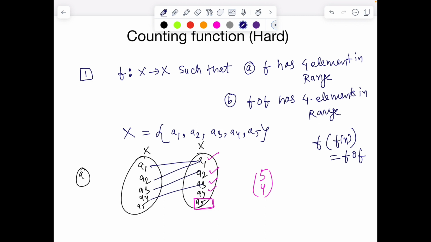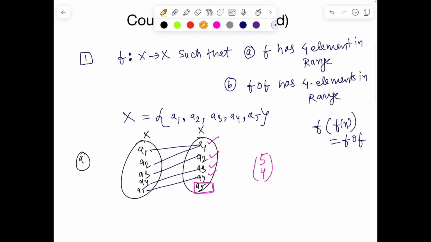So it might happen like a1 is going to a1, a2 is going to a1, a3 to a2, a4 to a3, and a5 to a4. There can be many mappings, but it has to be an exhaustive mapping. So all these 4 elements must be exhausted. Now how to go about it? Of course you can use the principle of inclusion exclusion, which was discussed in part 1 of the lecture, to find this, but there is a smart way as well for this particular case. We can clearly see a1, a2 is going to a1 and the remaining is going to one element each. So I can treat it as if a1, a2 were one block. So it's just a bijection between